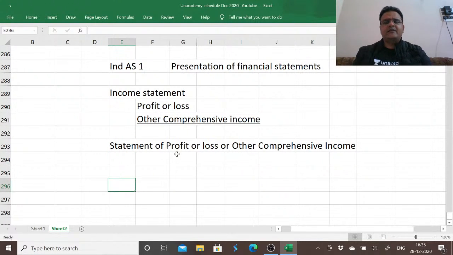So what exactly is OCI all about? Now, the P&L of any entity is indirectly the performance of that business. It's about the faith shown in the business, in the stewards of the business who are managing its affairs. So we try to judge their performance on what decisions they have taken throughout the year, how much they have contributed to the top line revenue, what expenses they've incurred to generate this revenue, and how they manage the affairs of the business. So the P&L is indirectly giving us insights on their activities, which begin on the first day of the financial year and end on the reporting date.